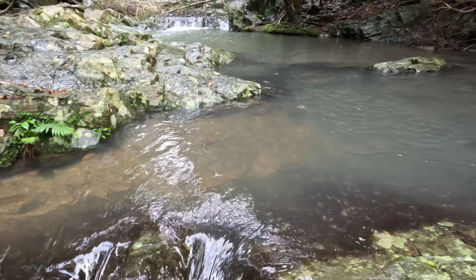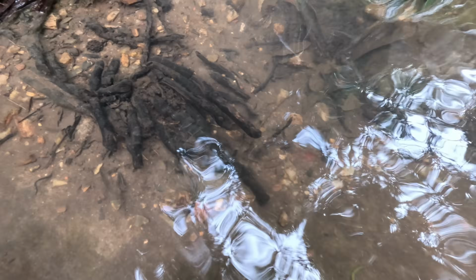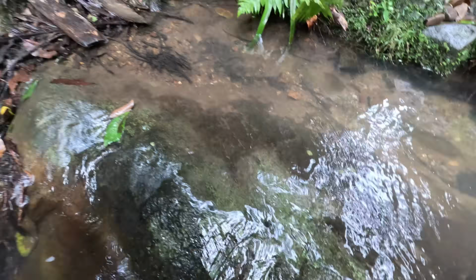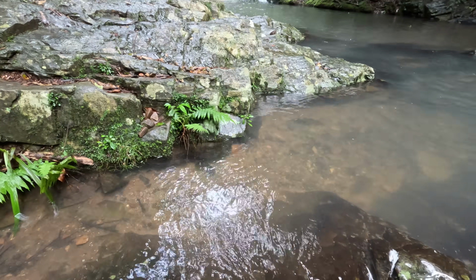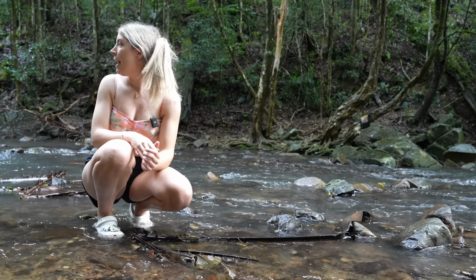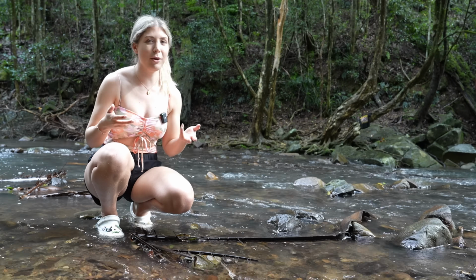Now, I did just have a little bit of a look around the area with the GoPro to see what it was like. And I did see some little fry, I believe. I'm not sure what they actually were. I thought they were tiny shrimp at first. They were like little black ones with kind of white tips, almost looking like pleco fry. Hopefully not pleco fry, but kind of similar to that, just really, really small, maybe some type of goby or something. And I do see some bugs and stuff,